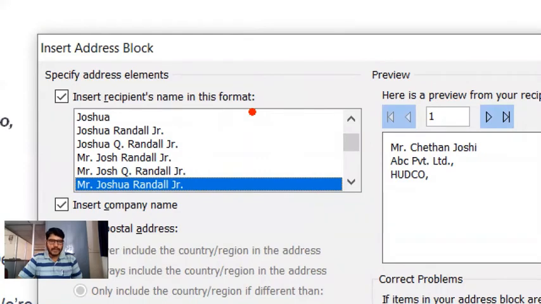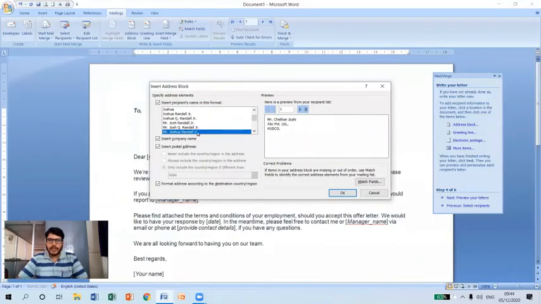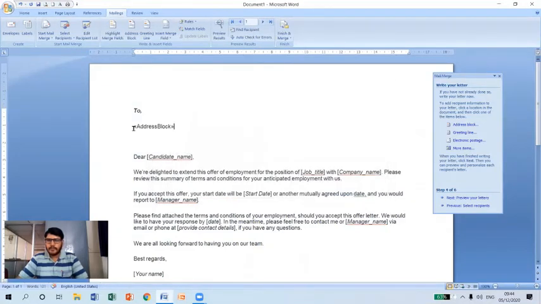These are the different formats in which you can include addresses, and you can also see the preview appearing like this. So this is how it will include the address block. I'm going to select this one and click OK. When I click OK, you can see we have successfully included the address block here.